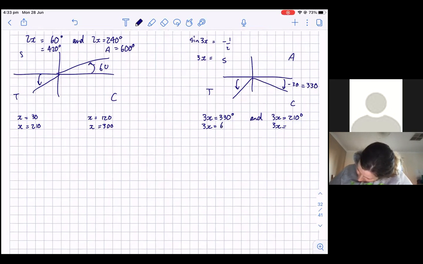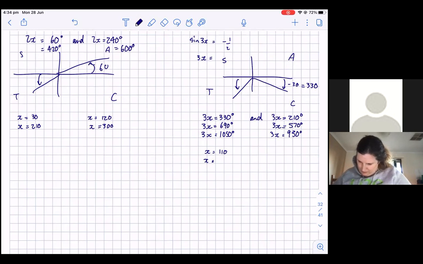So that's 690 degrees and 1050 degrees. 210 plus 360 is 570 degrees, plus another 360 is 930 degrees. Which means for these, we're going to have x equals 110,